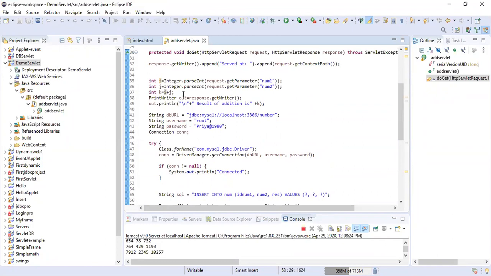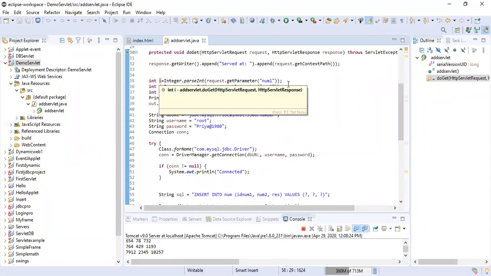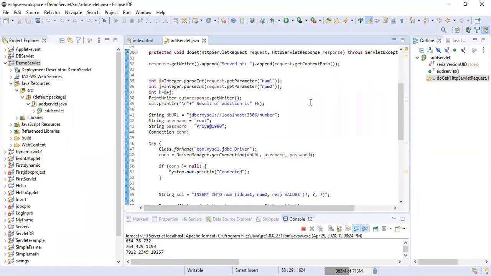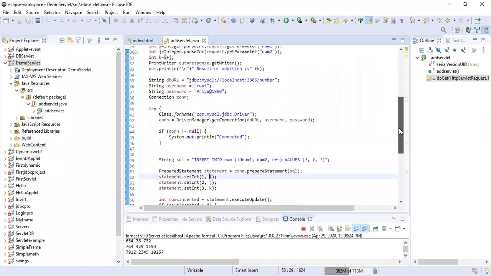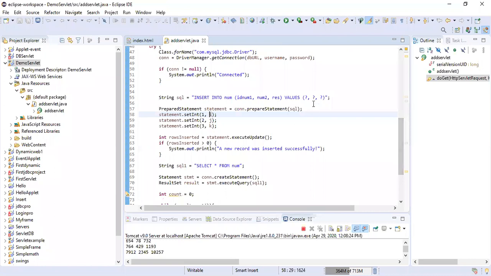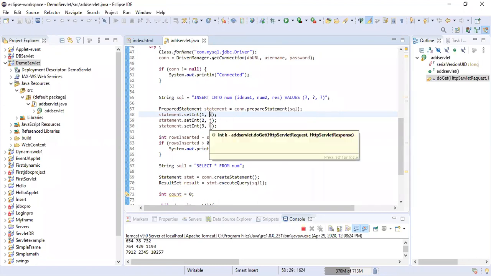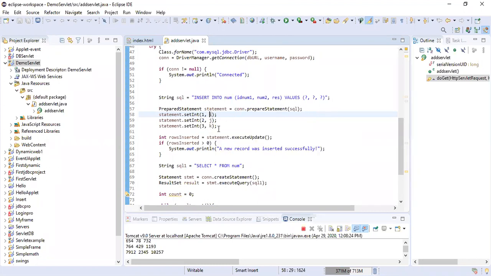Already I have stored it in i. Similarly, j will contain the contents of the second text box, and k will contain your result. So these three, i, j, k, I am going to store: the first question mark num1 will store i, the second question mark num2 will store j, and the third question mark result will store k. So you are going to insert the i, j, k values into this num table.